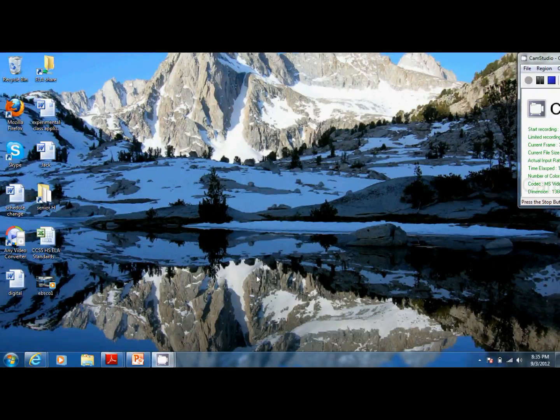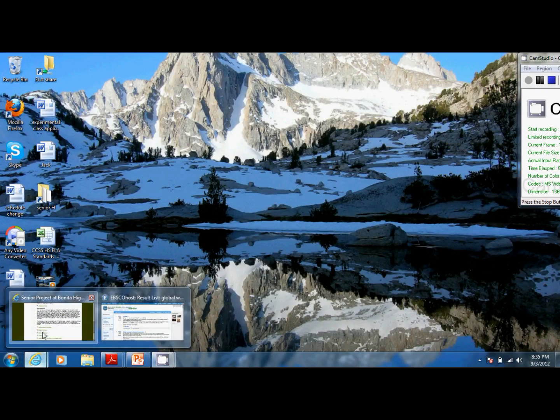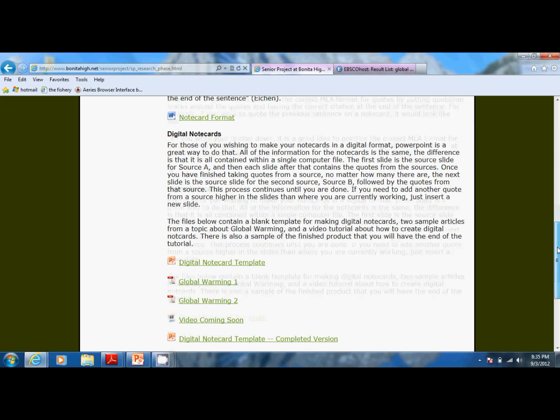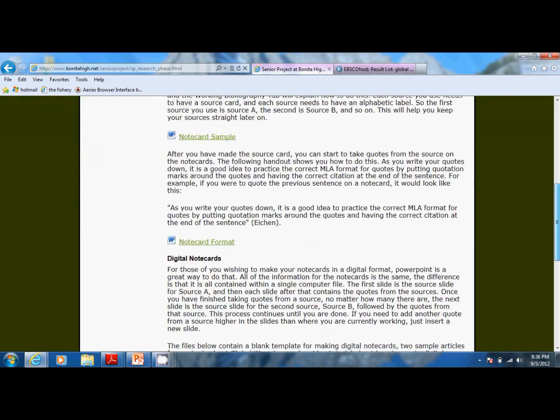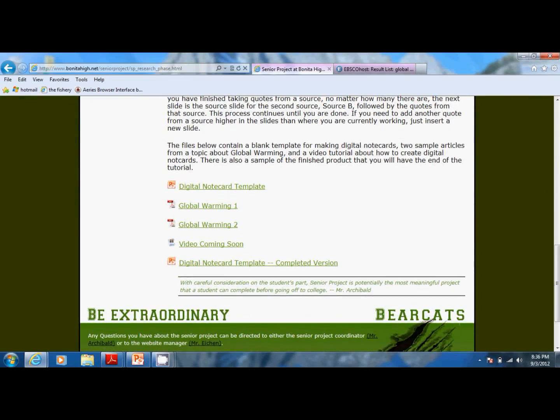Okay, this tutorial is going to show you how to make digital note cards straight from your sources. So we're going to start by going to the senior project website, at which point you then go to the research phase, and then you're going to look for your note cards tab. And from there at the bottom there's several files that are placed here for you as examples of what to